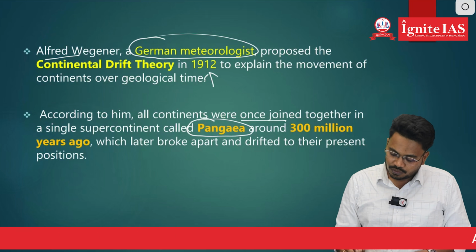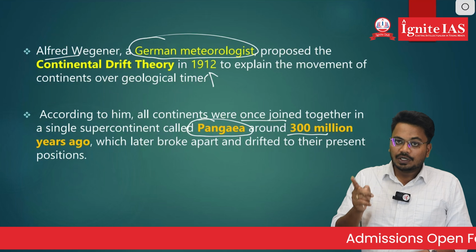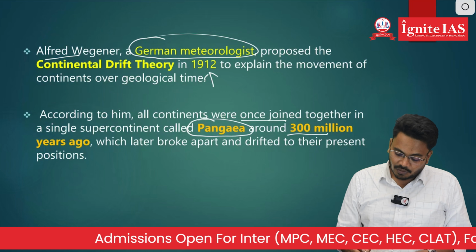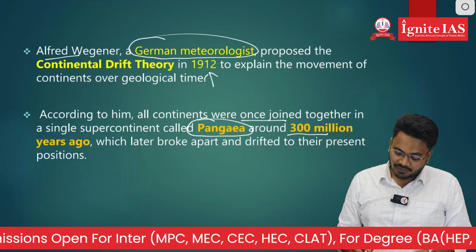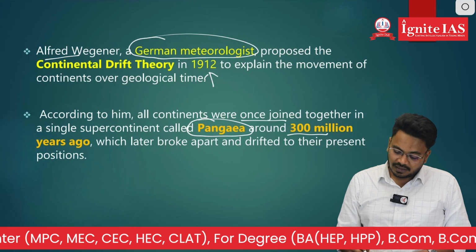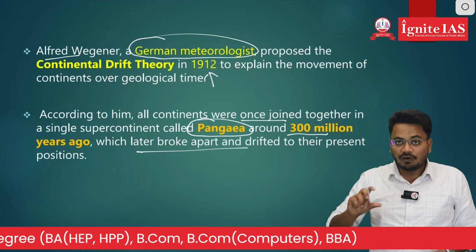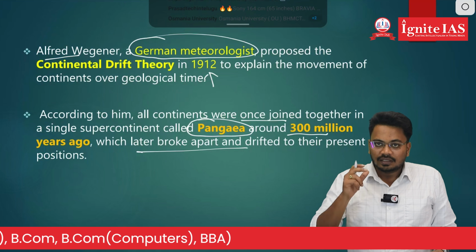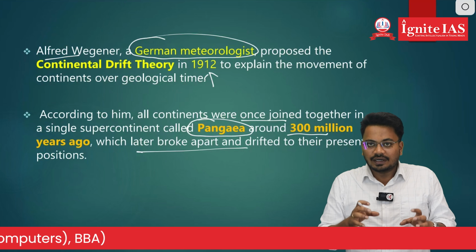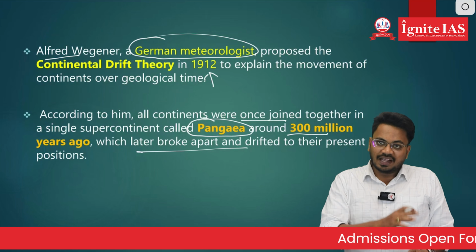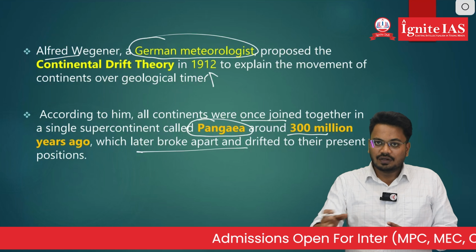If you go back 300 million years ago, a single supercontinent called Pangaea was there, and he says that this Pangaea later broke into different parts, and after breaking, these smaller continents drifted away from the Pangaea, and those continents formed